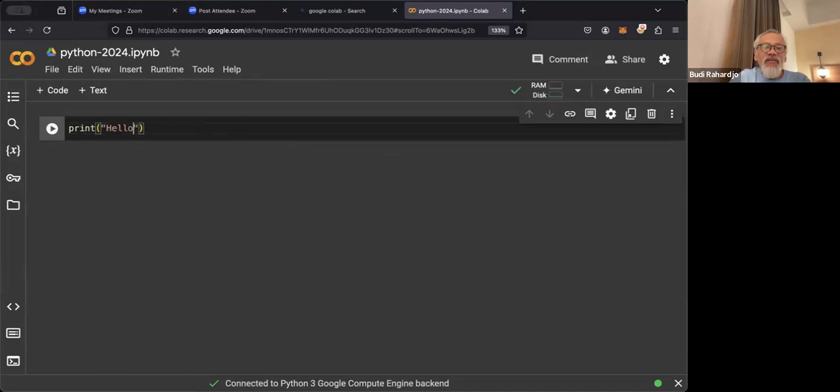Hello world. So what you have is print hello world within the quotes. For those who are late, I'm going to explain again a bit later. Okay, so don't worry. And then if you click on this triangle, it means run. You click on this and it says run, and then it says hello world. So it prints hello world.